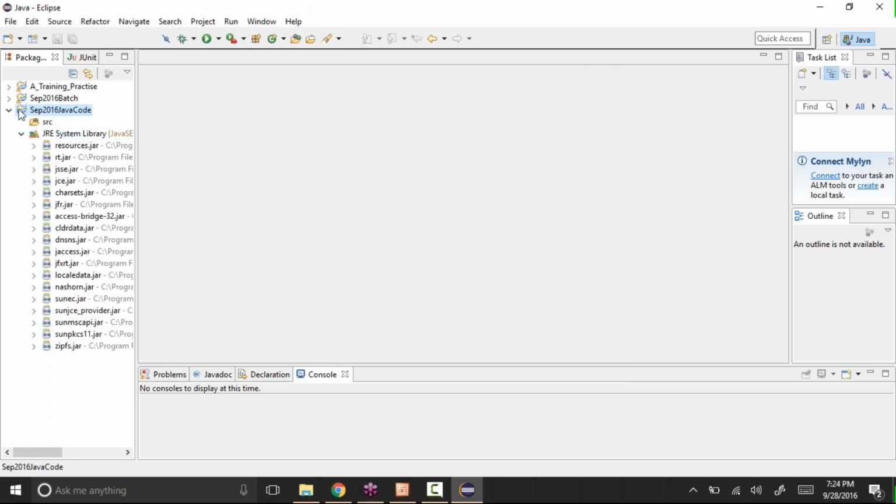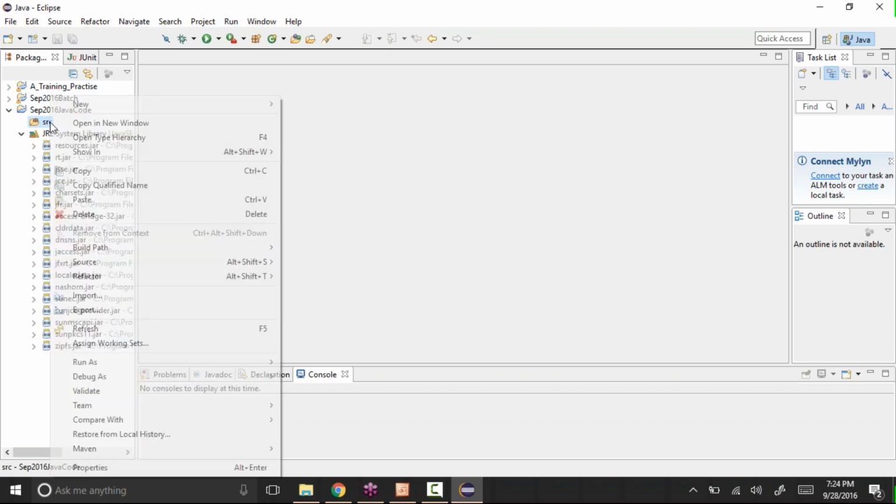Again, like I said, by default it will have some jar files, because I already explained why we need jar files. To understand the code, Java needs all these jar files. These jar files have some code in them, which will be used by Java or this Eclipse tool to understand the code. It is also going to create a source folder here, and in this folder we can have whatever code we want to write.